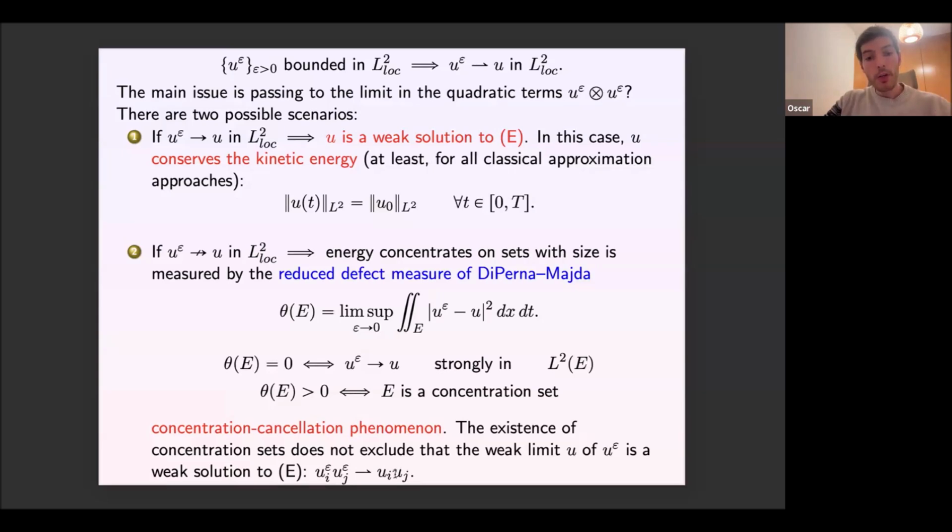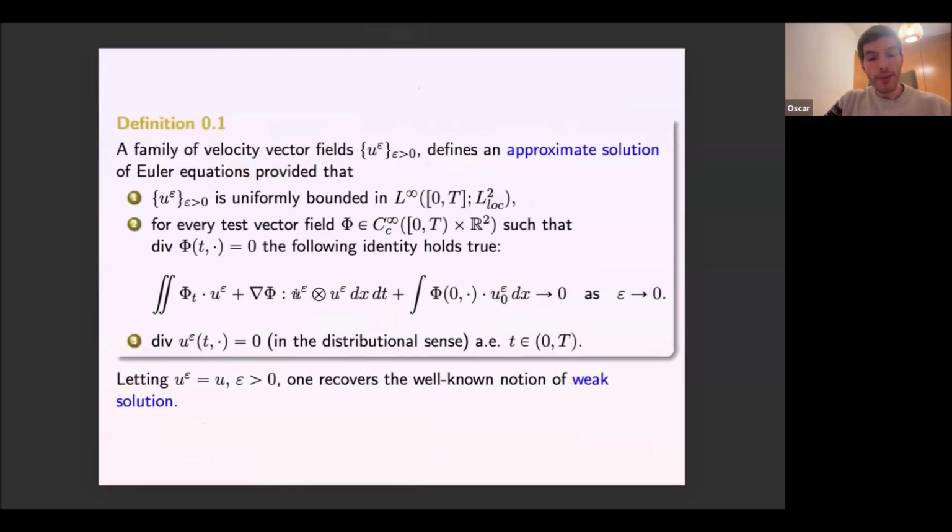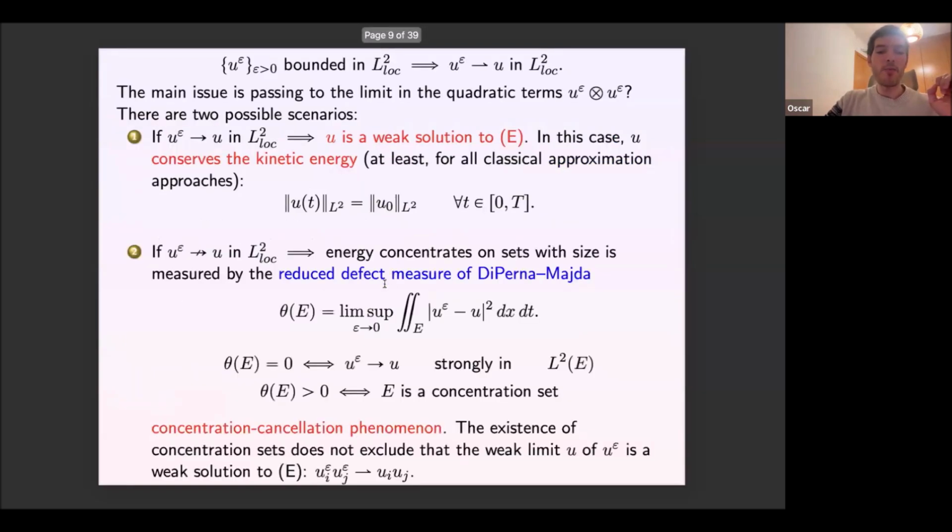And then, working with this weak convergence, we can go to the variational formulation here, and then this is still enough to conclude that U is a weak solution. All right? And this is, as I said, the famous concentration-cancellation phenomenon. So, failure of a strong convergence, but this failure can be compensated by nice cancellation phenomena here, so that in the limit we succeed. And then U is still a weak solution to the Euler equation.